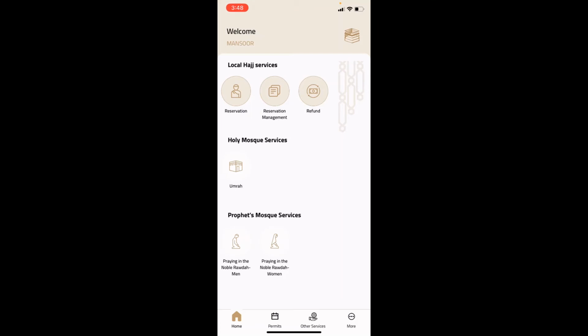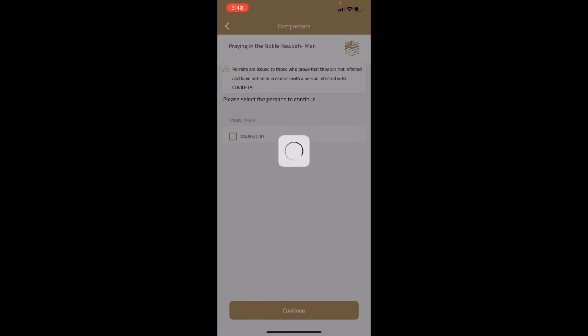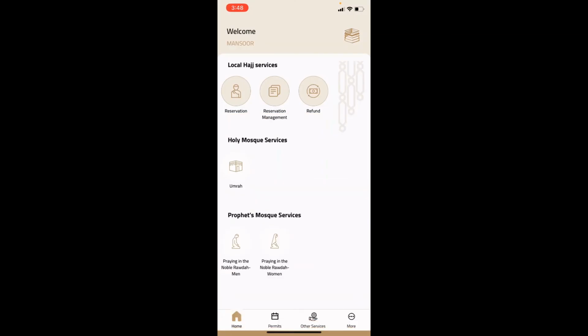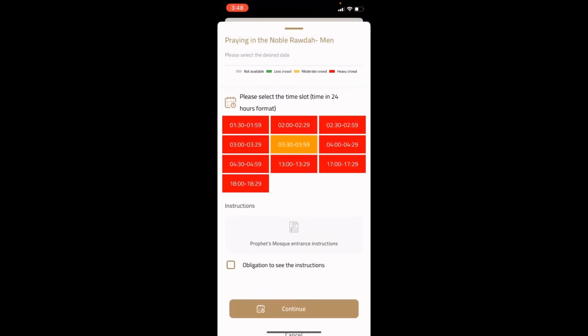You cannot have multiple appointments. Same thing, for praying in Noble Rawdah, you will click it, which is the area in Masjid al-Nabawi for the Riyazul Jannah appointment. So you will continue, and then it will give you the date. You select the date and you select the time, and you say continue, and it will register you and give you